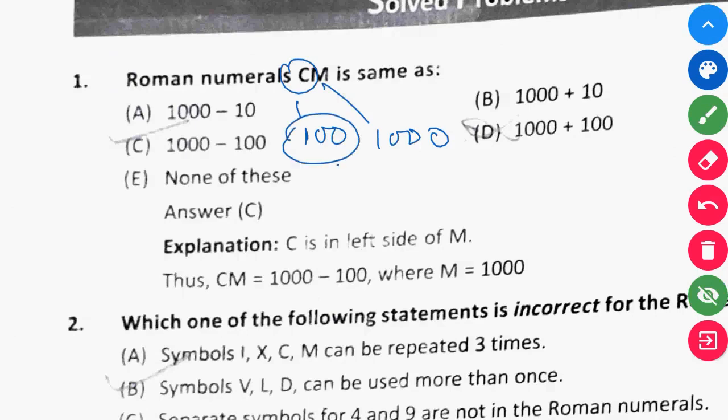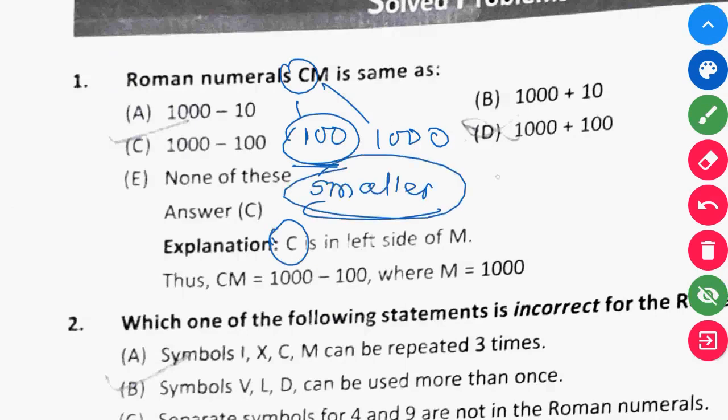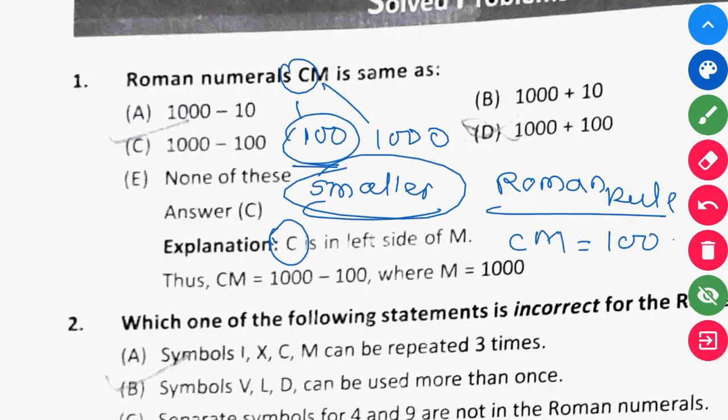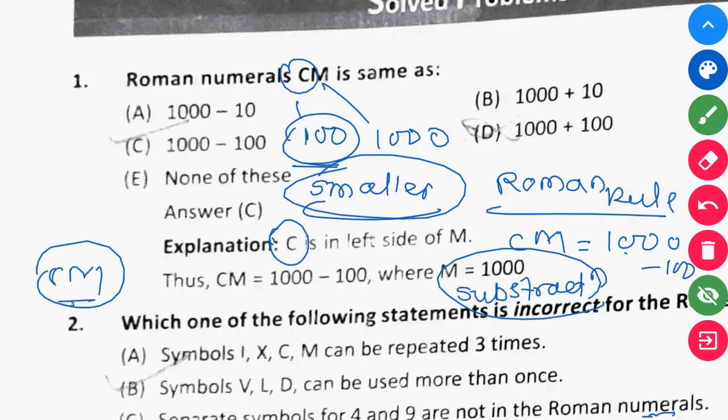So when the smaller number is at the left, according to Roman rules, we can write CM as 1000 minus 100, means M minus C. If the smaller number is at left, it represents subtraction. Always remember this rule. If two numbers are written together and the smaller number is at left, then it always represents